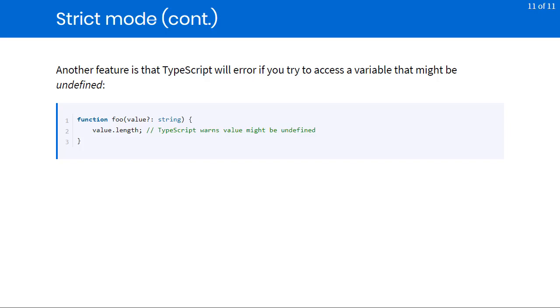So if you're in strict mode, then you're going to see that this is going to generate a TypeScript warning, because if value comes in as a string, then we can pull the length property off of it with no problem at all. However, if it comes in as undefined, so the parameter isn't provided, then we're going to have an error in our application. So that's just an overview of strict mode. We're actually going to come back to strict mode later in this series quite a bit as we get into more detail about the specific features of the TypeScript language.